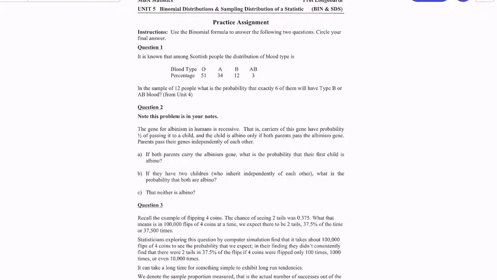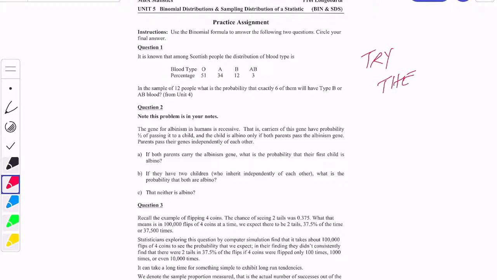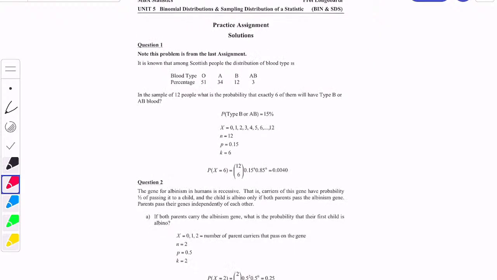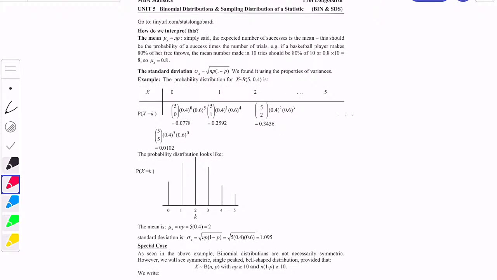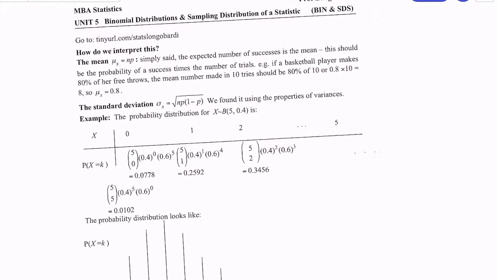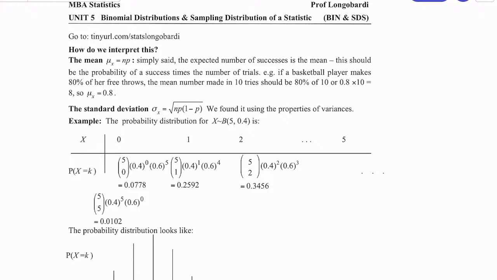All right, so there's some other problems here that I give you solutions for, so try these. You have the answers for those that I give you, and some more discussion, and that brings us here. I'm going to start here. So I'm going to pick up where I mentioned,